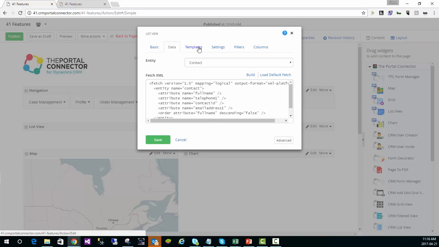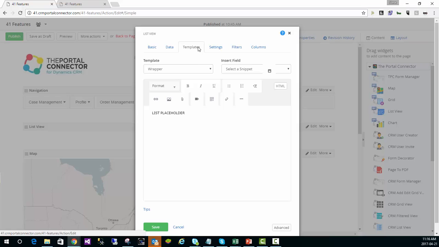The next thing you want to do is define your template. So again, the template can be anything. You can see here that right now we just have a list placeholder. If I go into the HTML, I can see the HTML. I can type in HTML here, or I can use my editor here. So if I wanted to do different elements there, and that's actually the wrapper template. Inside there, then you also have a row and alternate row template. So I'm just going to go into the alternate row template,